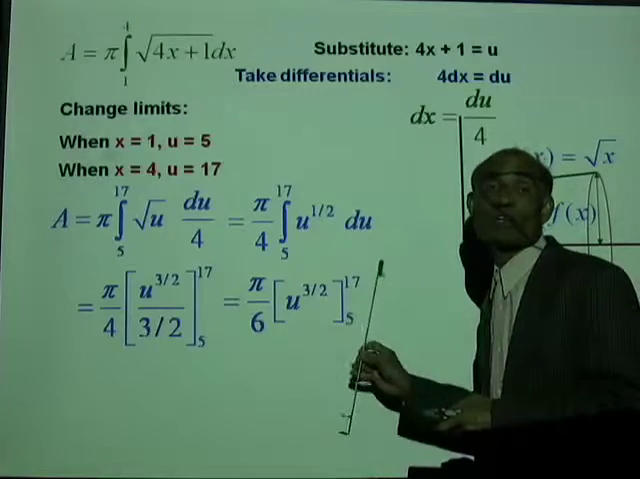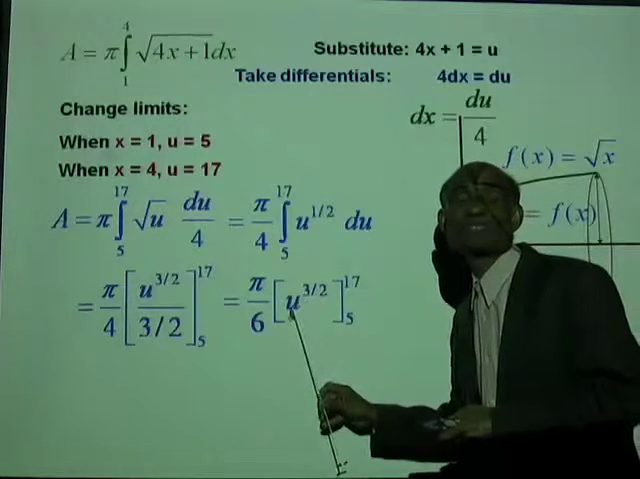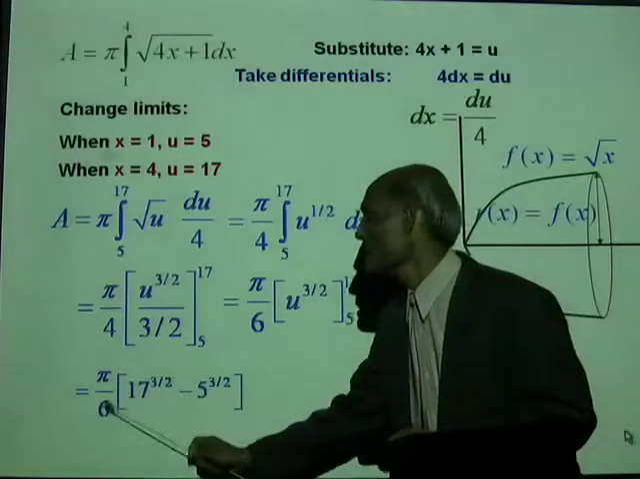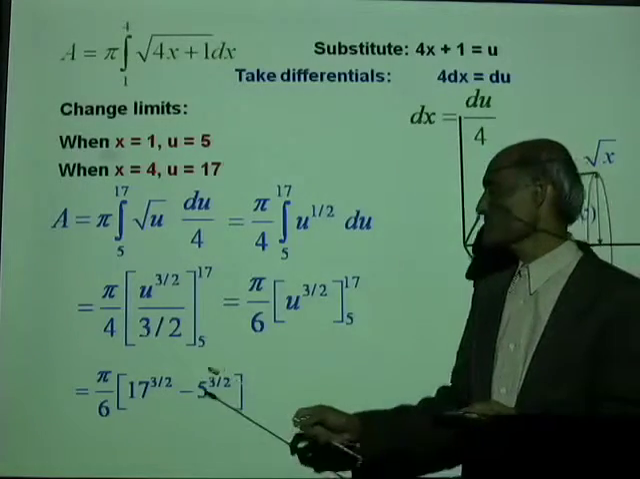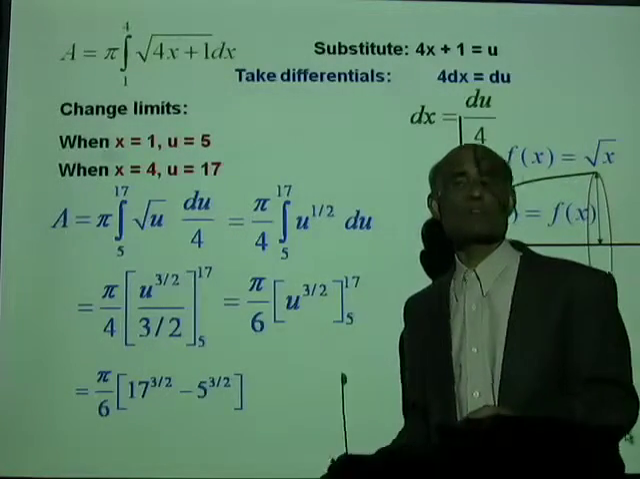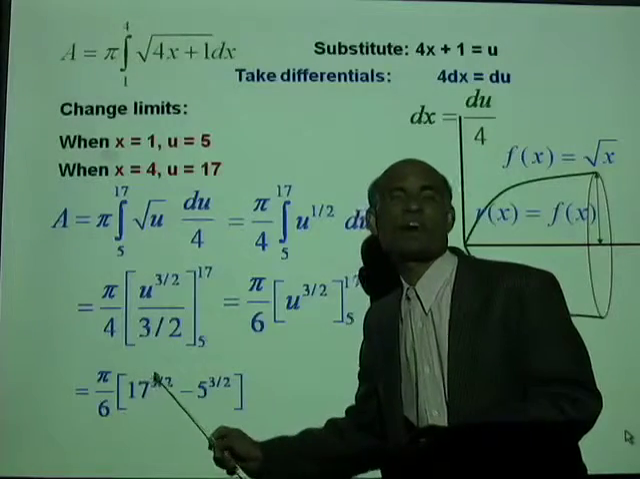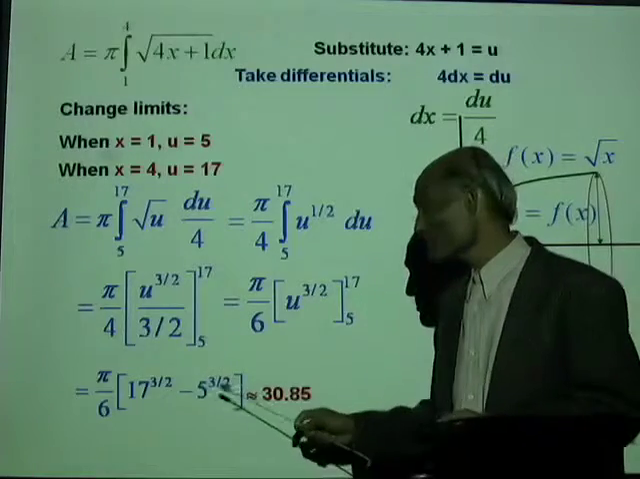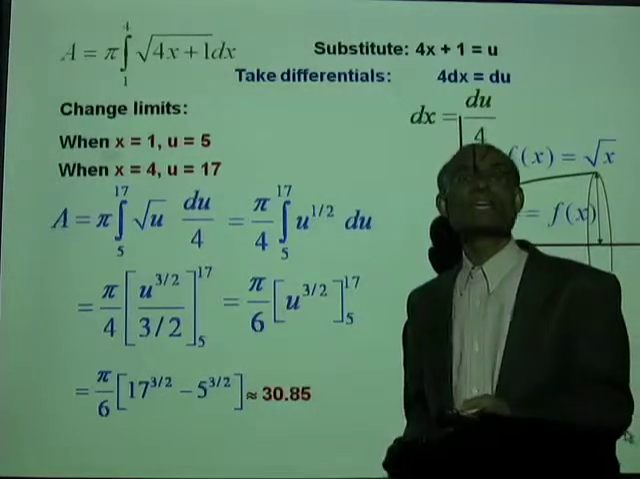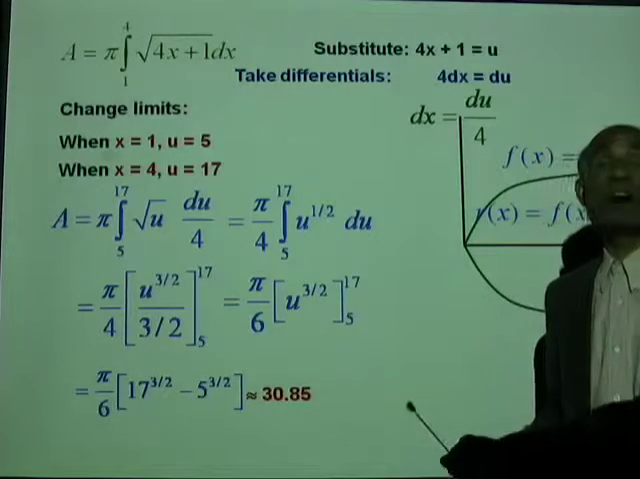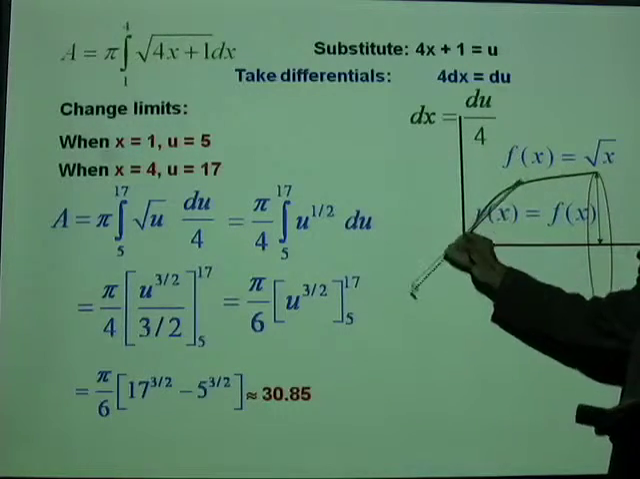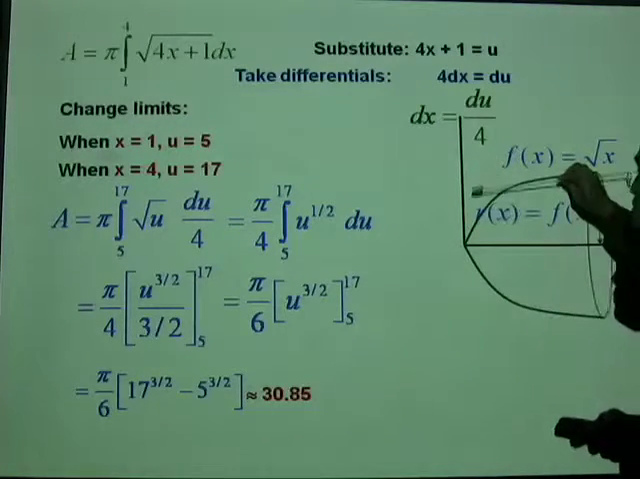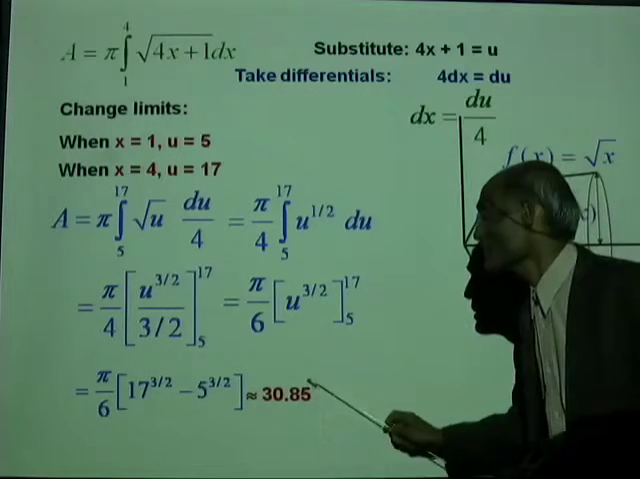What we need to now do is replace u by 17 minus replace u by 5. That will be pi over 6, 17 to the power of 3 over 2 minus 5 to the power of 3 over 2. There's no way we can simplify this. The only thing we can do is put that in the calculator and get an approximate value. So that approximately is 30.85 square units. So when this arc is revolved about the x-axis, the surface generated has an area of